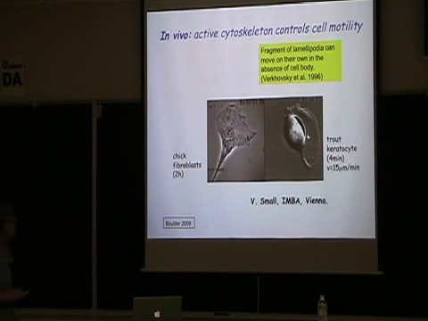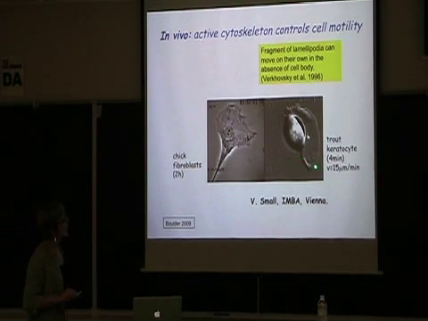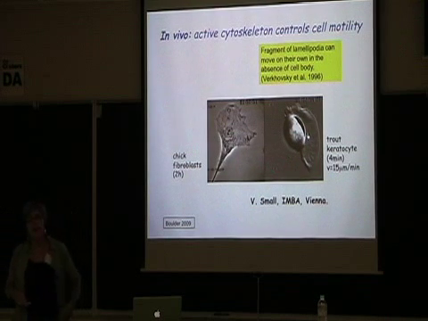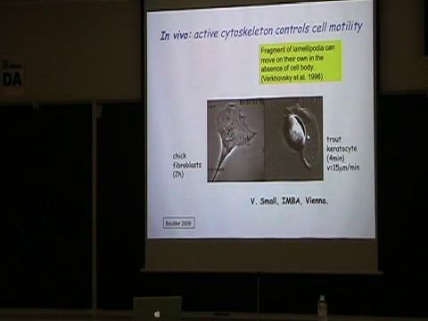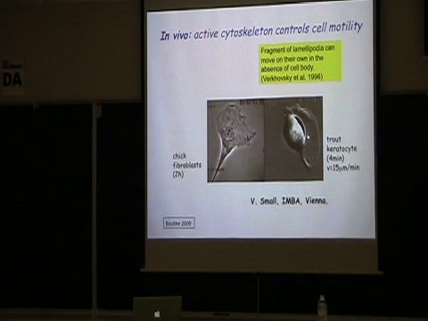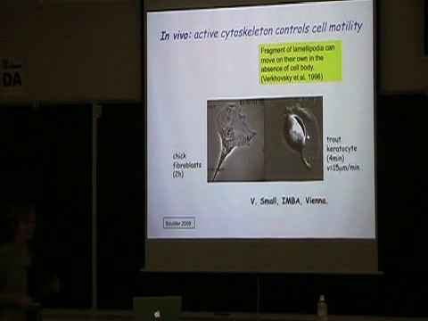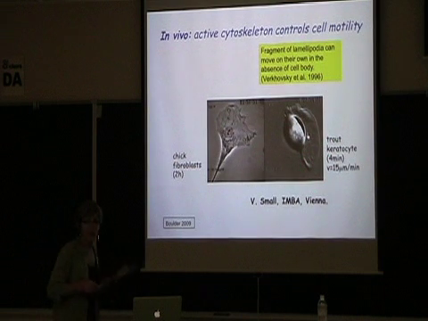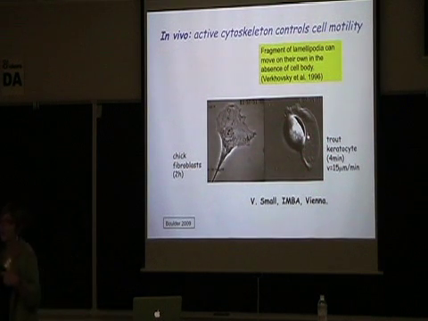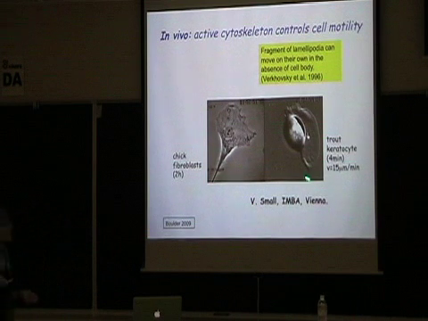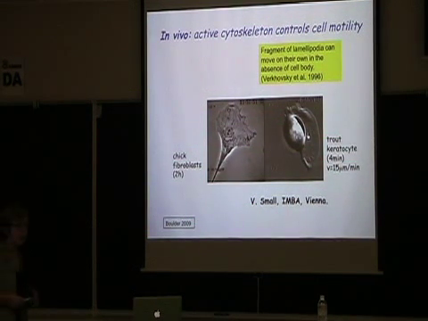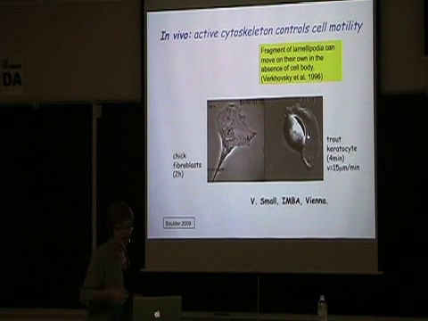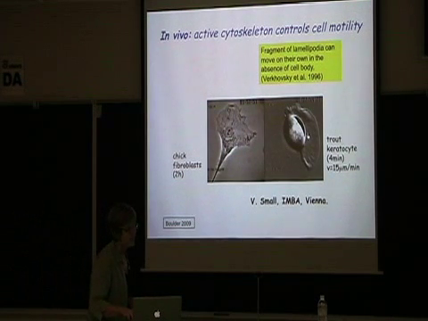But the other really interesting thing is that it has been shown that if you just take a fragment of a lamellipodium, and actually you probably have to poke it in this case, it will move. So you don't need the nucleus to get this material, this active gel, to move. It seems like motility, the ability to start moving, is actually a material property. So it might be interesting to see if we can describe the properties of this material that has the ability of going from a non-moving to a moving state as physicists, using ideas of condensed matter physics.